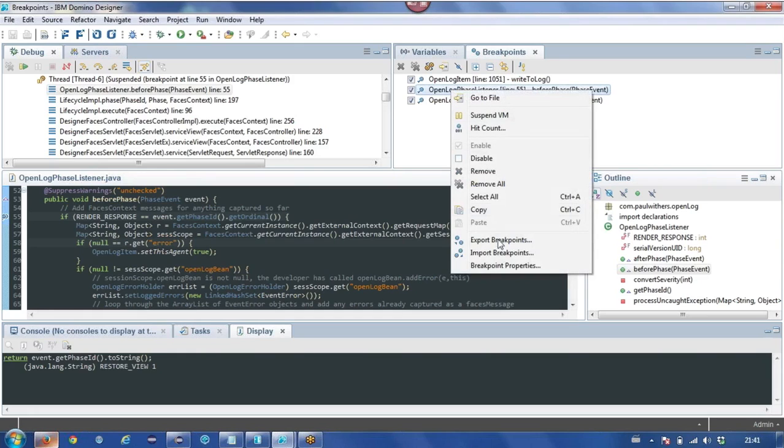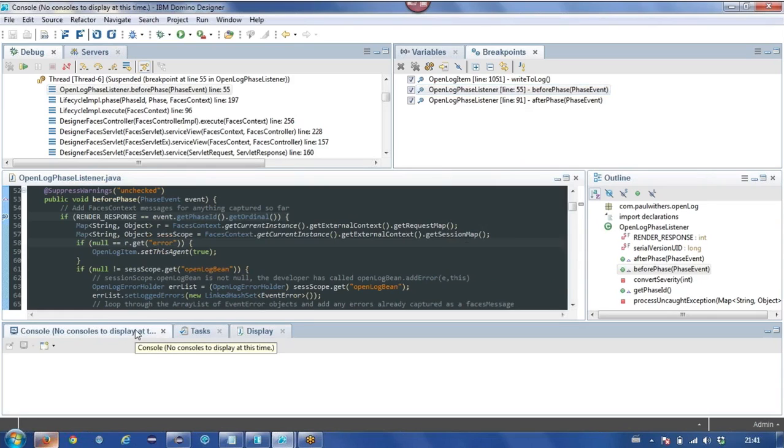Would a print statement show up in this console here? The print statement that would normally go to the Domino Server console, would it also show up here? I'm not sure. I haven't tried that. And I ask that because I have a lot of print statements in my code that I get yelled at for polluting the console all the time. I'm not sure if it still prints to the server, because the code's still running over on the server.